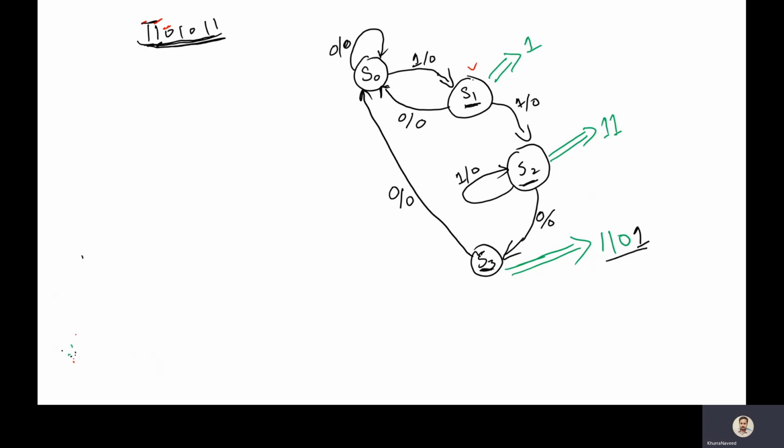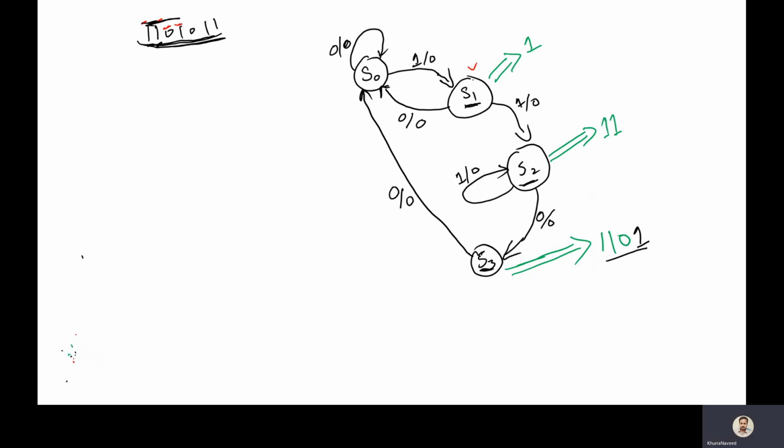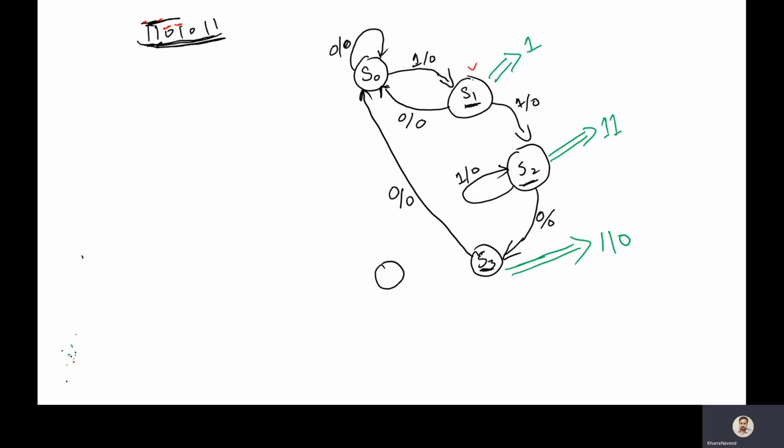Now if on S3 the input is 1, that means we have this situation. If you look at it, this is part of this sequence, right? It means we have now detected this one. So we are on our path, and that means we need to go to the next state. The next state in this case would be S4. Let's call it S4, right? For this transition to happen, we need to have 1 as the input when we are at state S3, and the output would still be 0.